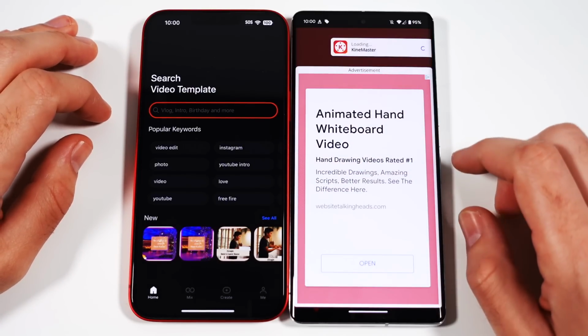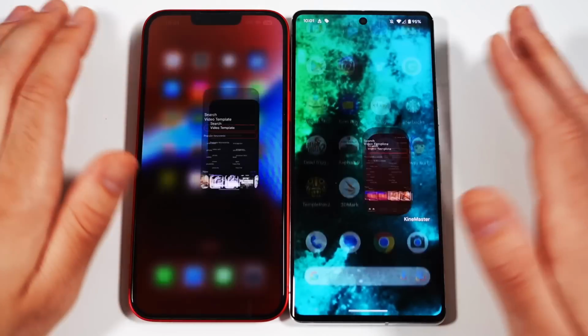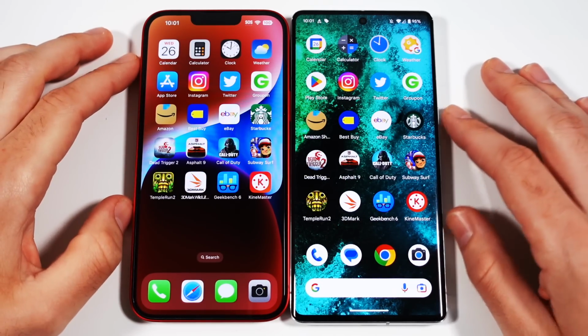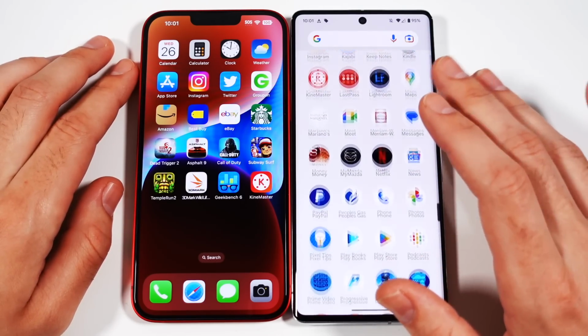Looks like we're loading up an ad here for the Pixel. But overall, I find in this whole test that it's smooth versus a little snappier here. So there's sacrifices to be made on both of them, but the Pixel is probably the better value for sure,